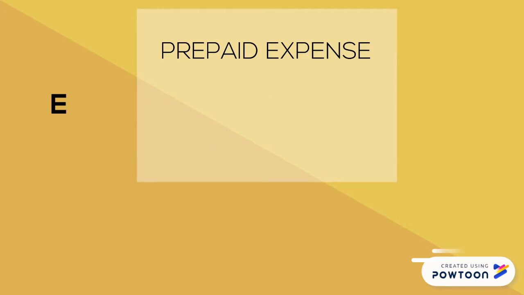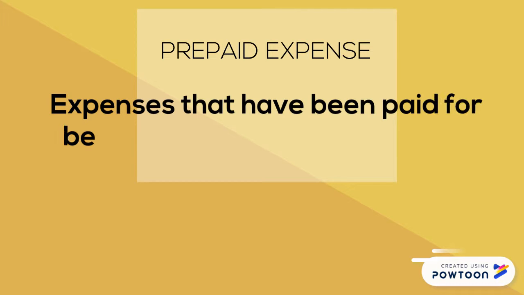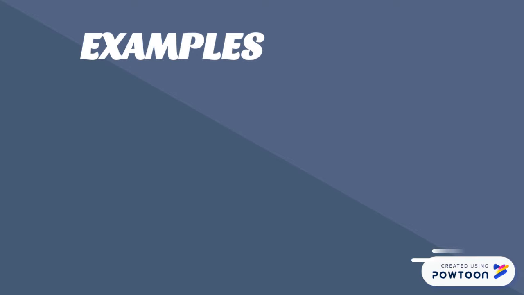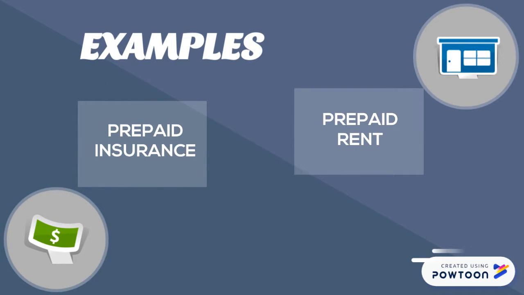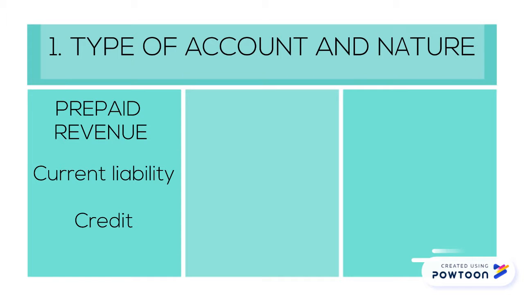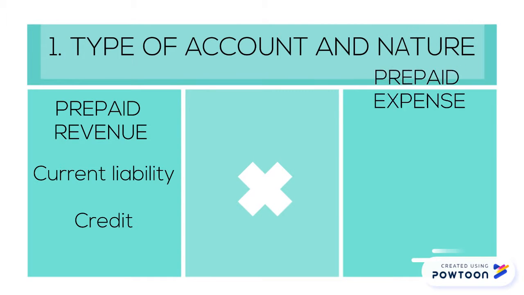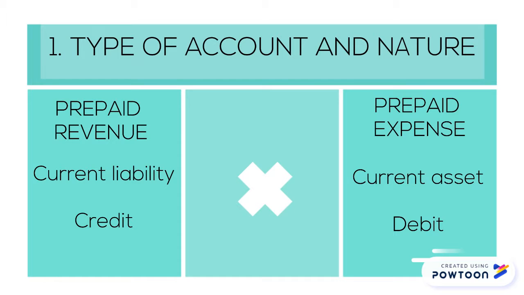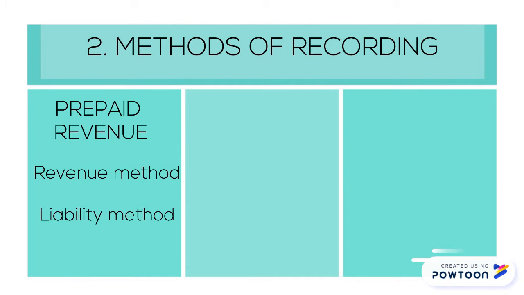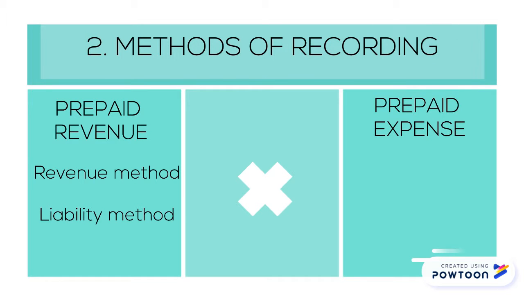Prepaid expenses are expenses that have been paid for before they have been incurred. The examples of prepaid expenses are prepaid insurance and prepaid rent. Prepaid revenue is a current liability account and credit in nature. Meanwhile, prepaid expense is a current asset account and debit in nature. Prepaid revenue can be recorded by using the revenue and liability method, while prepaid expense can be recorded by using the expense